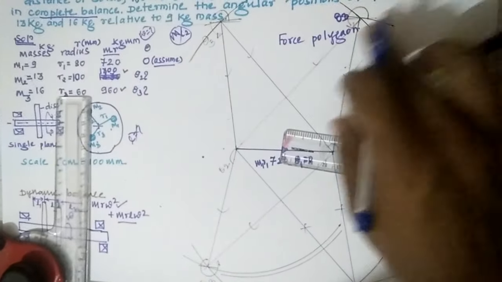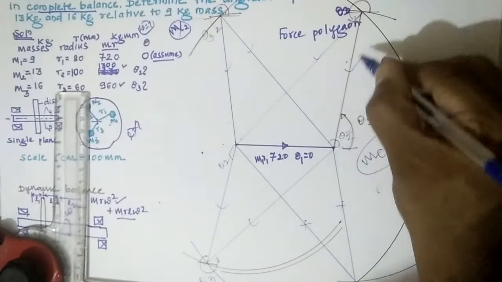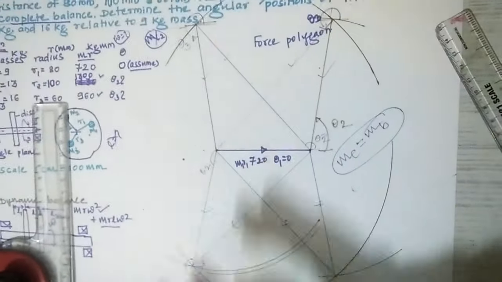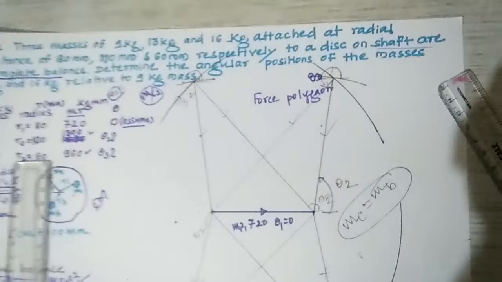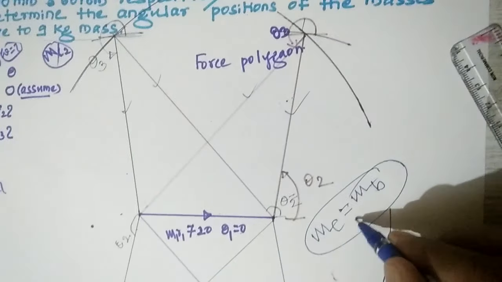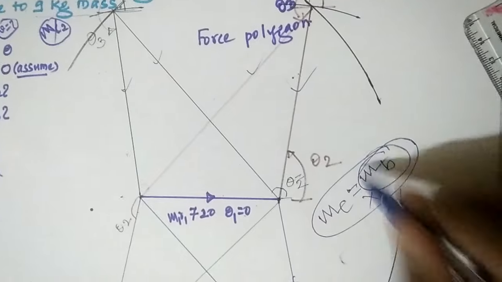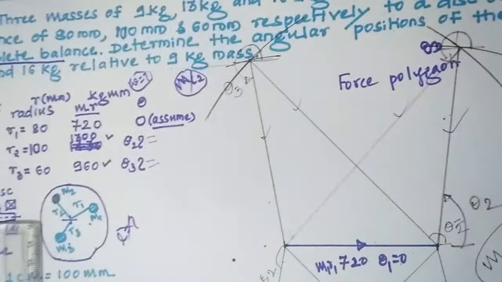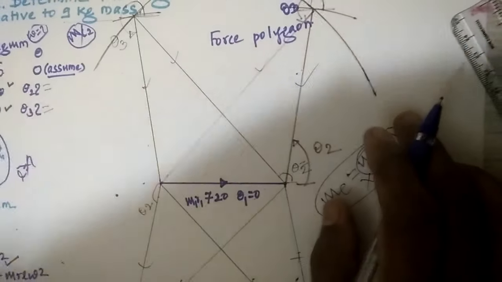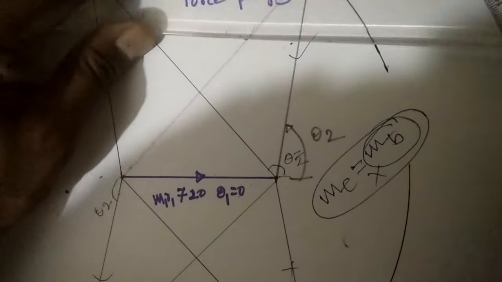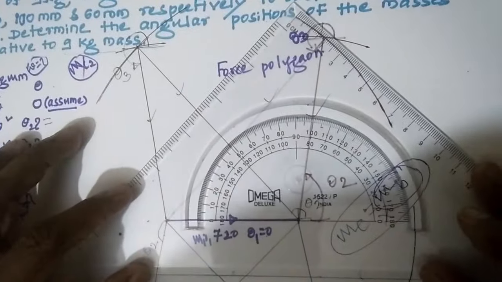You have to measure it using a compass. Okay, you start from the horizontal and you measure theta 3, otherwise whatever the 4 positions will be there. Okay, can you find it? 4 positions I have taken this way. Okay, we can find also, but in this case it is not necessary to find the balancing mass. Okay, only you have to find theta 2 and theta 3. You have to measure it. You look at this one, you can measure theta 3 also. Okay, can theta 3, how much, this is theta 2, how much you can measure it.